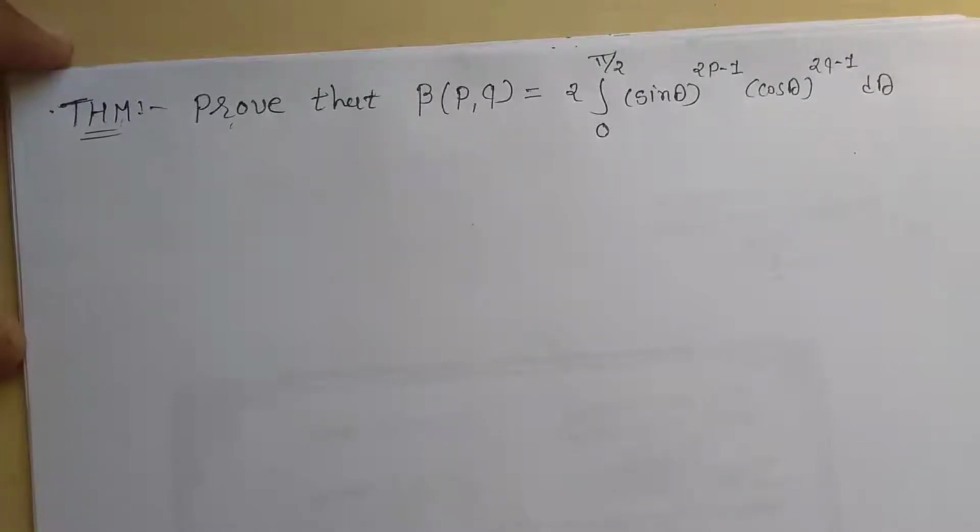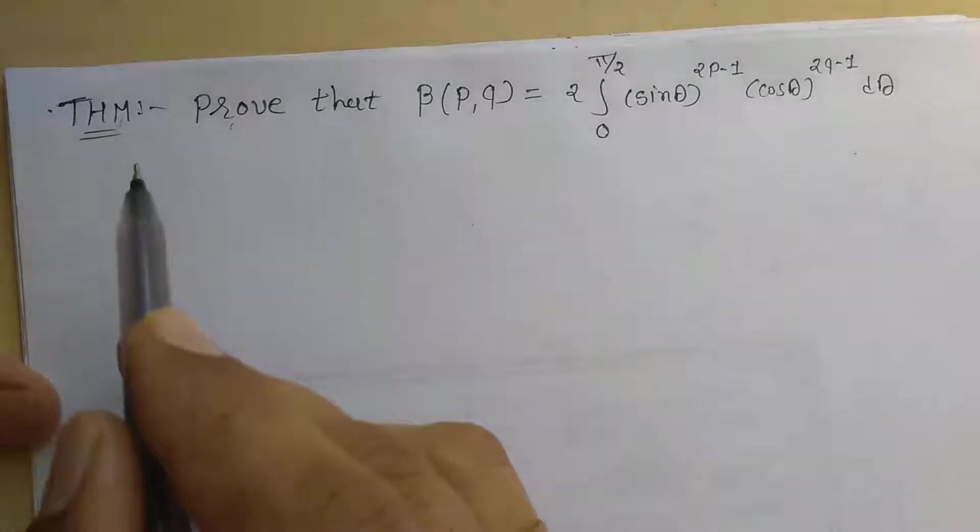In the last lecture, we discussed the definition of the beta function and the gamma function, and also discussed the symmetric property of the beta function: beta of p comma q is equal to beta of q comma p. Now in the second lecture,